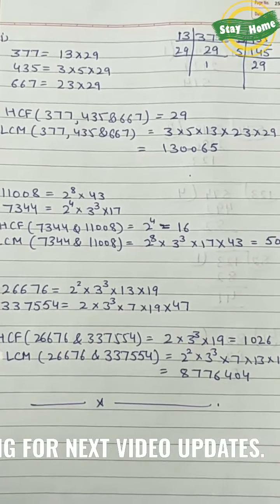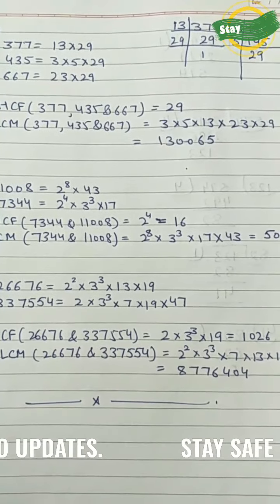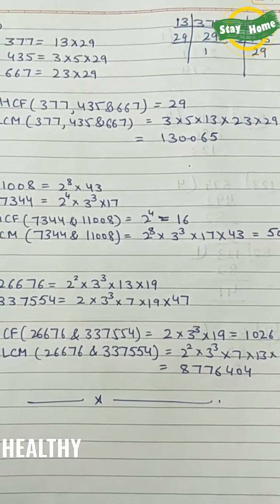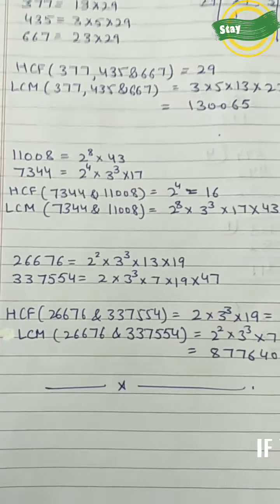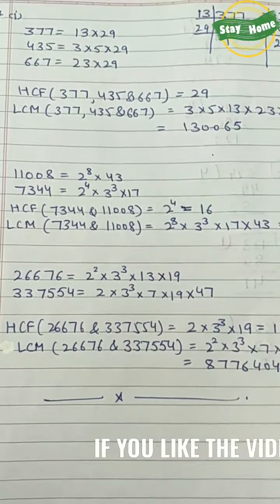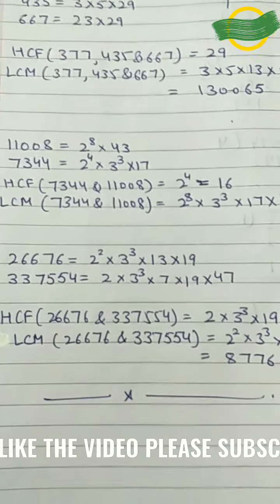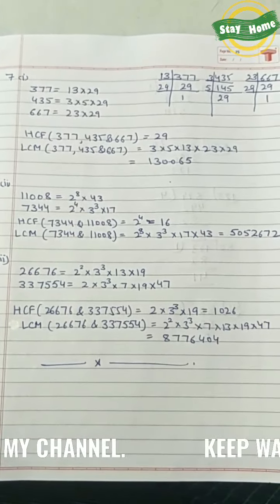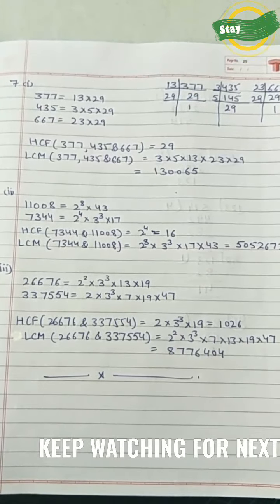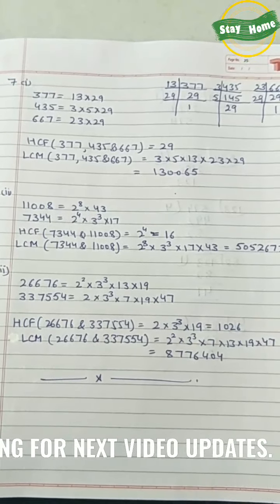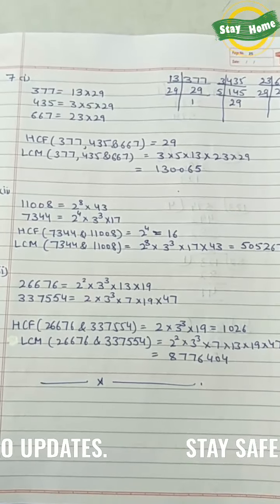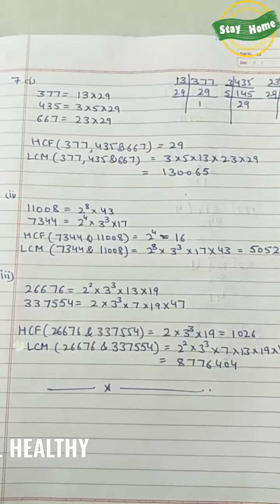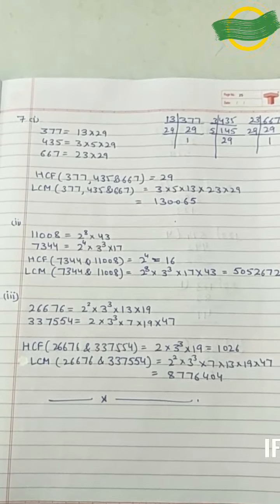Numbers can be 3, 4, whatever. So here the LCM is in front of you. It is 1,30,065, right? So multiplication is there. Some students used to make mistakes in multiplying. In the same way the second part is being done in front of you. You can see it very clearly. And the third part we did by using Euclid division algorithm in the previous assignment. So it is very important. I hope you understood. Thank you.